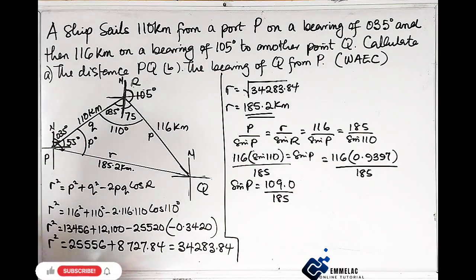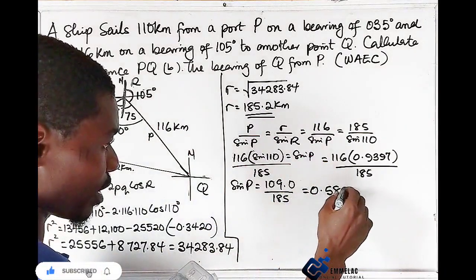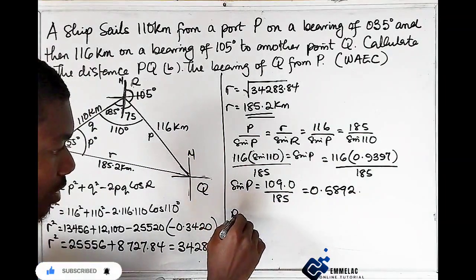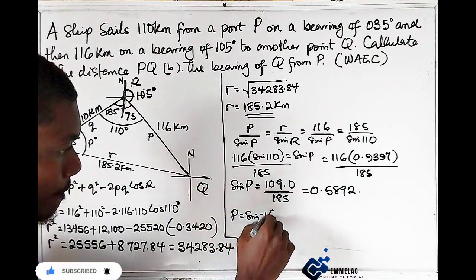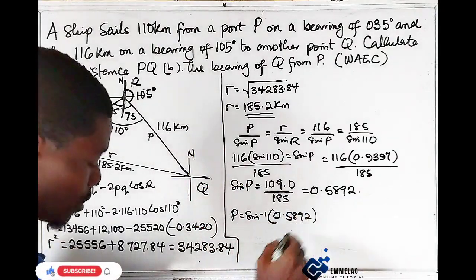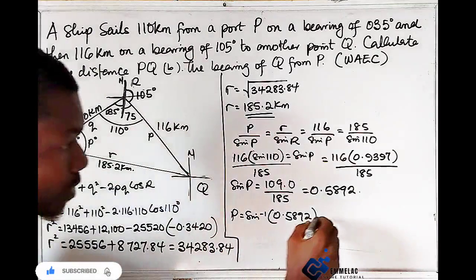When we divide through, we have 0.5892. When we find the inverse sine of 0.5892, it will give us